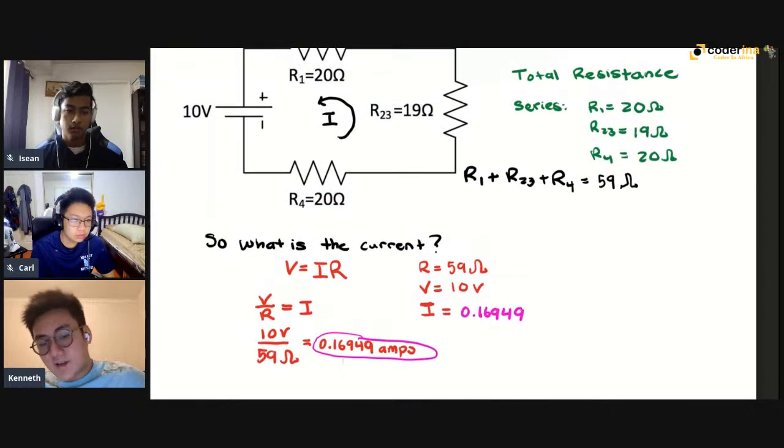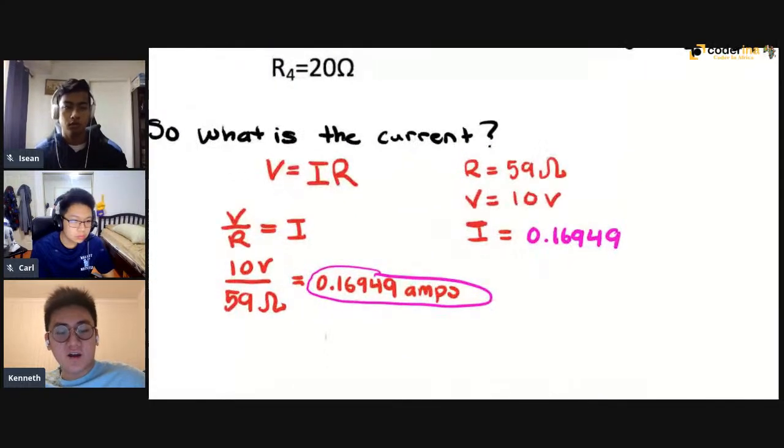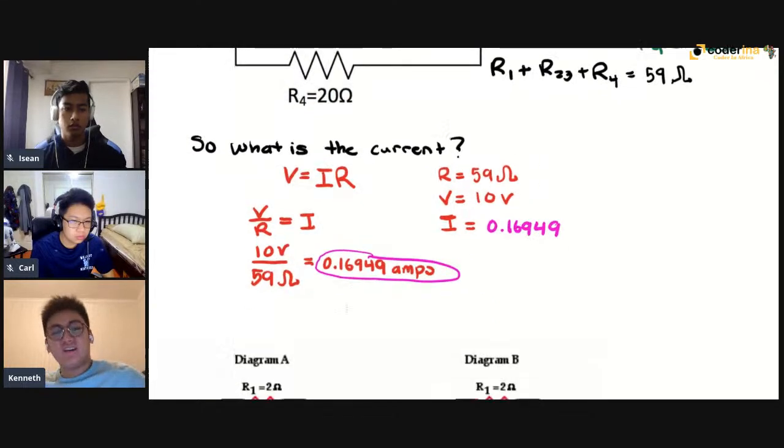And obviously, the higher the current, the higher the flow is. So if you touch something that's like a million amps, you probably would die. Okay,